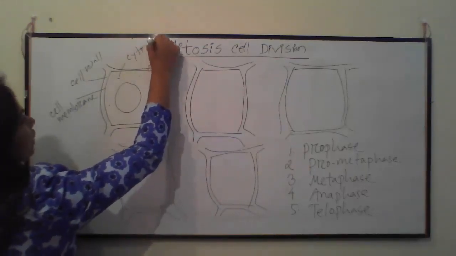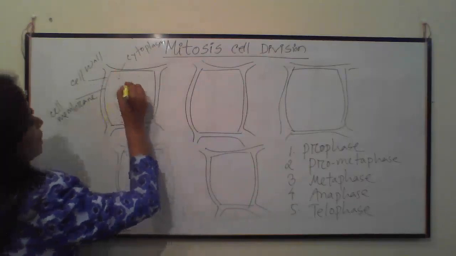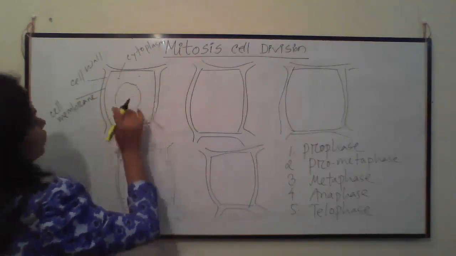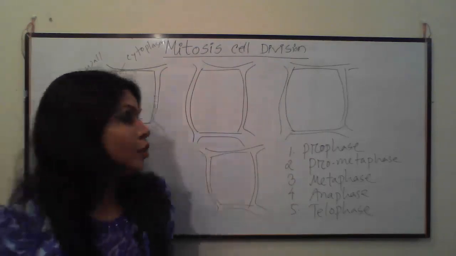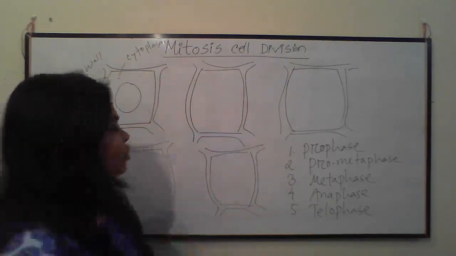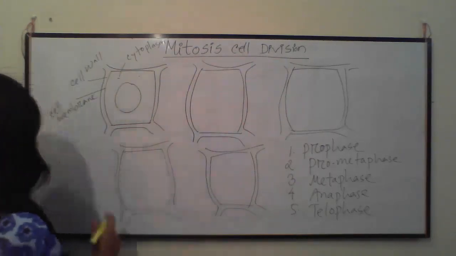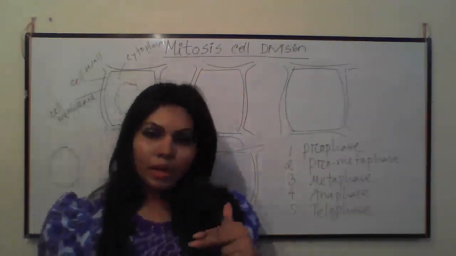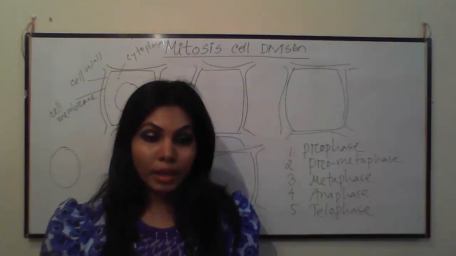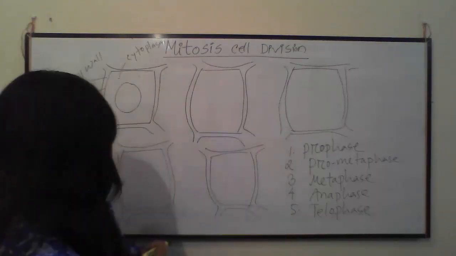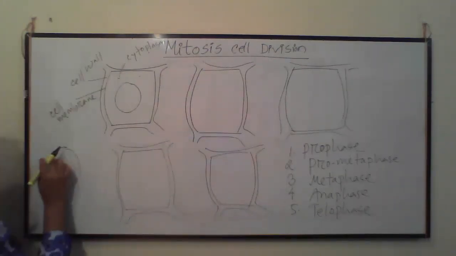Now I am showing the nucleus, the division of the nucleus. So this is the nucleus, and if I want to show only the structure of the nucleus of the cell, then you just know this is the